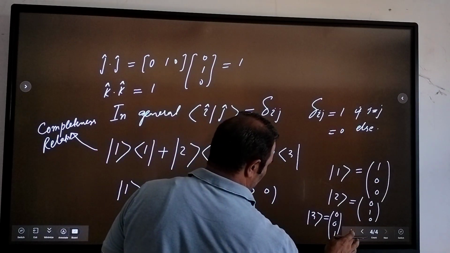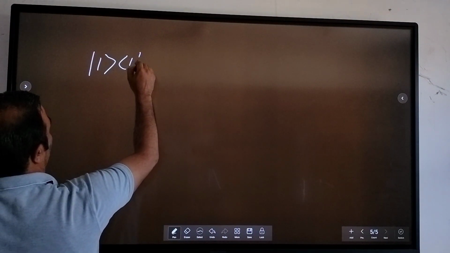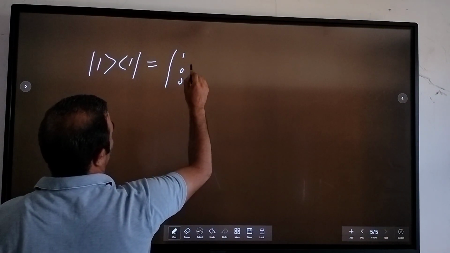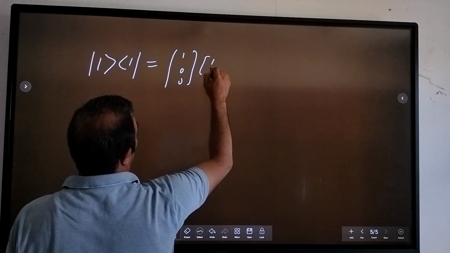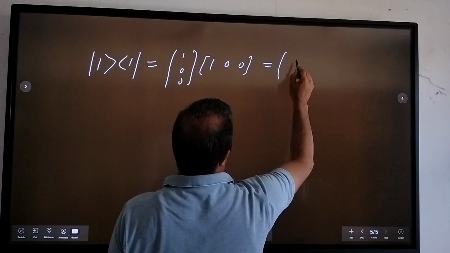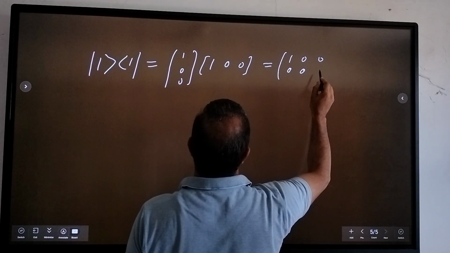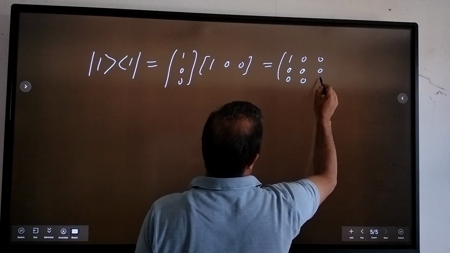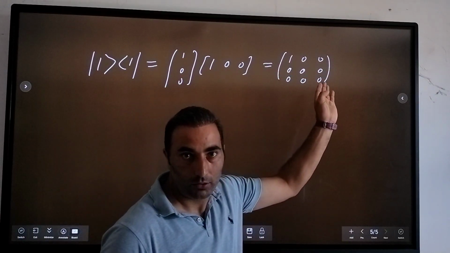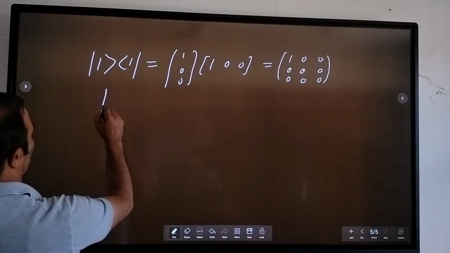So we can rewrite this as... so this is equal to... okay. So this is clear because when you take their product, this is equal to this two, right? And similarly, if you write now 2 with 2,